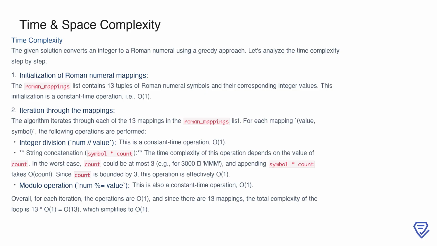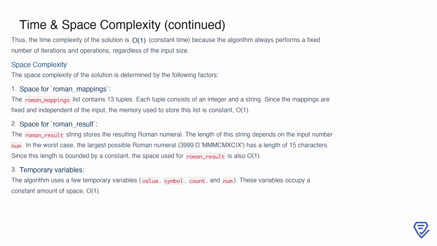For string concatenation, we generate the Roman numeral symbol repeated by the computed count. Although this could take time proportional to the count, the count is always at most 3 due to the structure of Roman numerals, making it effectively constant time as well. Since there are only 13 mappings, the total work done is 13 times these constant time operations. This results in an overall time complexity of O(1) for the entire loop, as the number of iterations and operations does not depend on the size of the input number. Because the algorithm performs a fixed number of operations and iterations regardless of the input, the overall time complexity remains